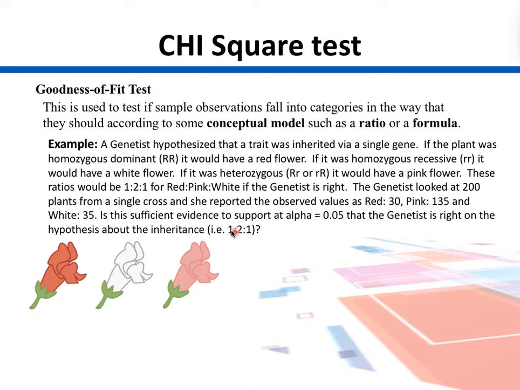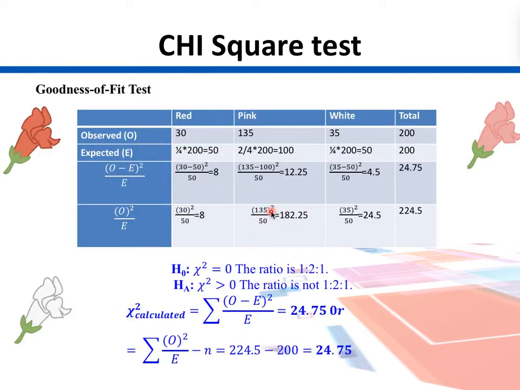not? So we can test it with the goodness of fit test, and this can be our model, so we can call it a model or preset ratios. So we need to check whether our plants are observing these ratios or not, whether this trait is inherited the way it should have been presented here. So these are our observed numbers. We construct a chi-square table with the observed numbers.